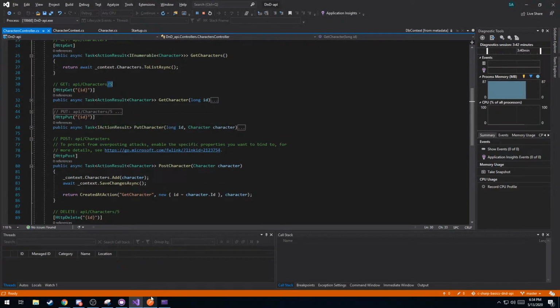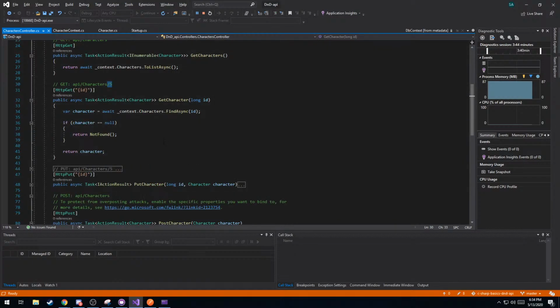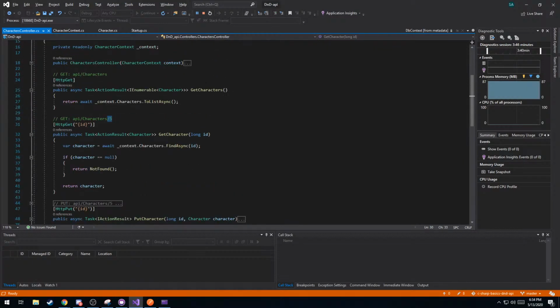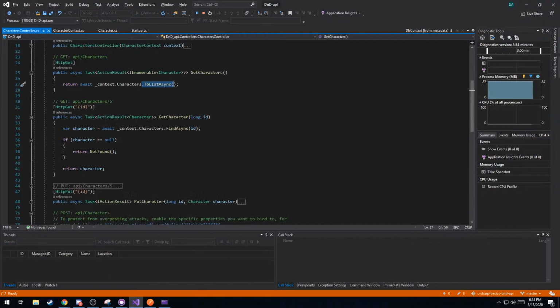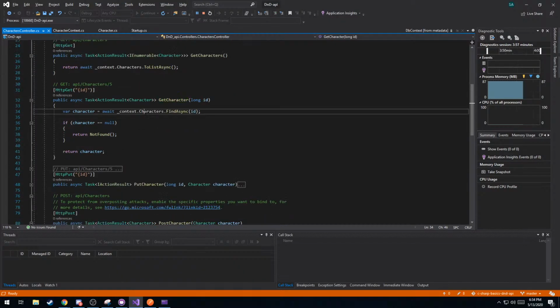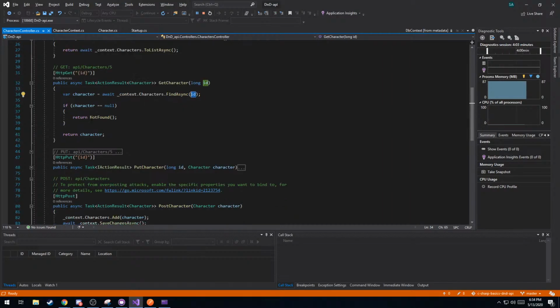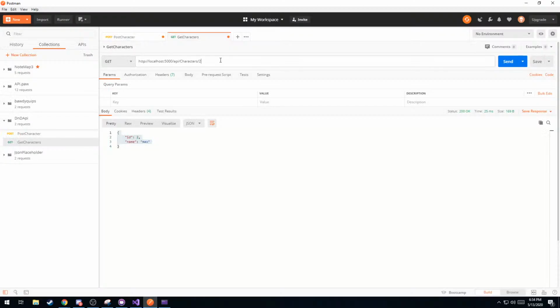So what happens when I make a GET request? We talked about that, right? Or sorry, we made a GET request for all of the characters, right? It just grabs all the characters and turns them to a list, right? So that automatically handled turning it to a list and returning it as JSON. To get a single character, we can use the context to grab the characters out of it and find them asynchronously by ID, because we pass in an ID. If the character's null, you return a not found exception, right? So we could pass in, I don't know, 234 and hit send, and it would give us a not found